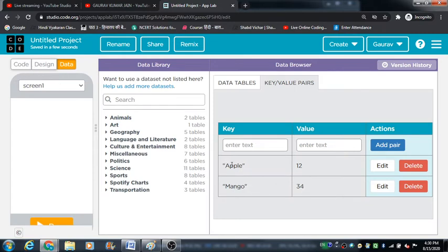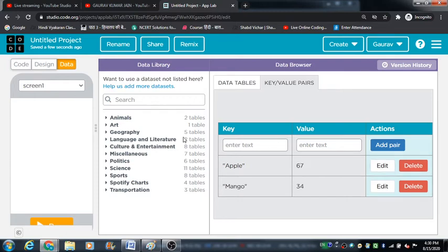Likewise, if you want to update the value of this apple key, either you can directly make use of this edit tab that is present over here. Fine, you can change it like this. Okay, if you want to give this value to this apple key, you can do it like this.